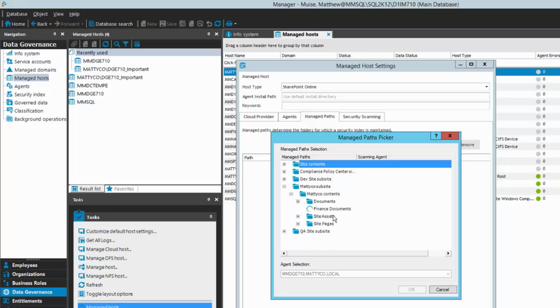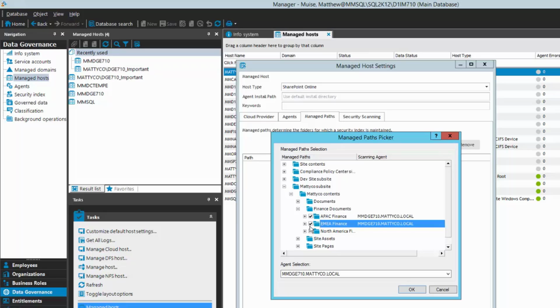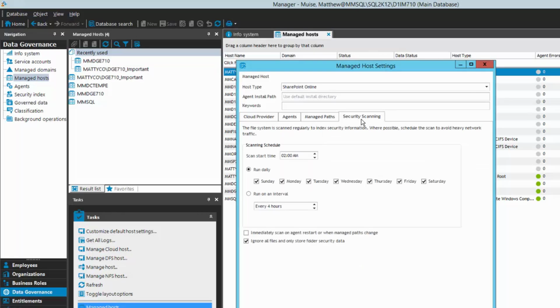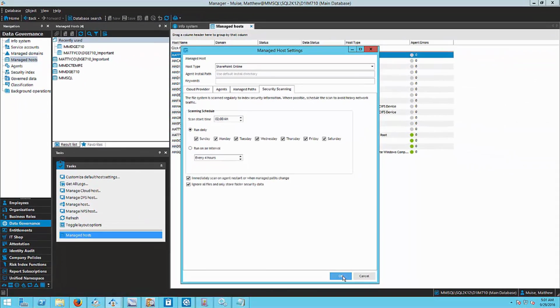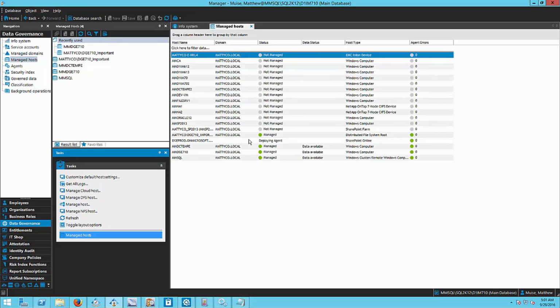So let's pick APAC Finance, EMEA Finance, and North America Finance. Those are my managed paths within cloud. And then security scanning, just like our other platforms, we have the same screen for security scanning schedule. I'm just going to check immediately scan on agent restart or when managed paths change, and I'm going to go OK. So now DGE is deploying my agent